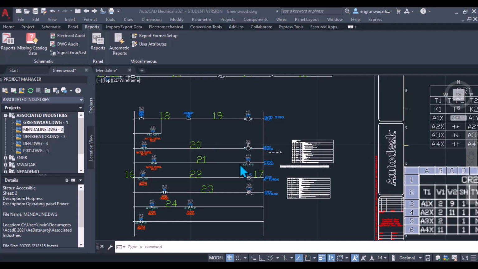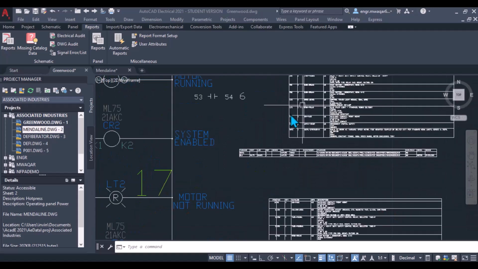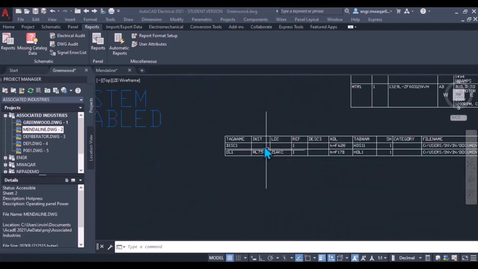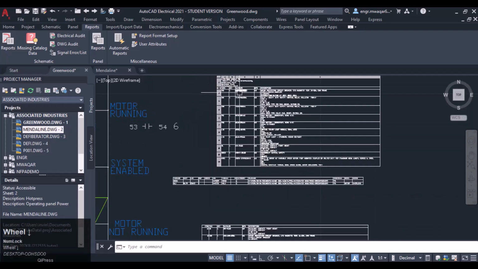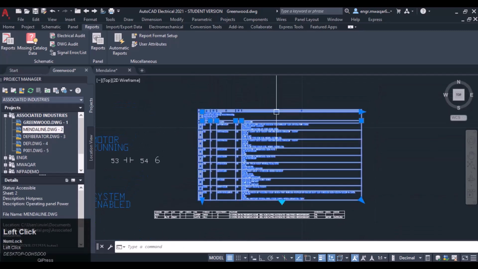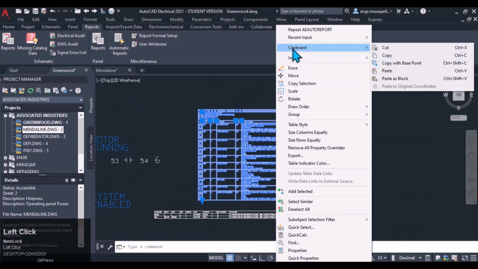In the previous lecture, we placed generated reports in the same drawing. We can also put these reports in separate sheets, as I have shown you a report in the previous lecture. After updating bill of material reports, we will also update the missing bill of material report. One way to copy the bill of material to another drawing, the simplest way, is to just click and select